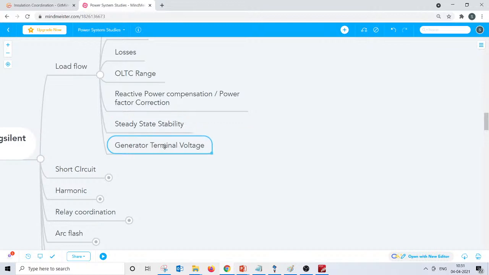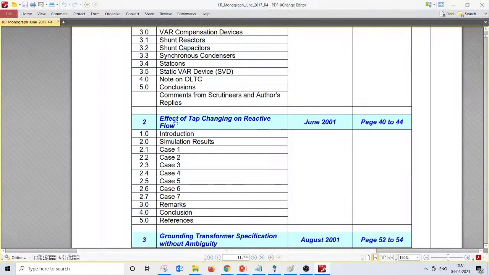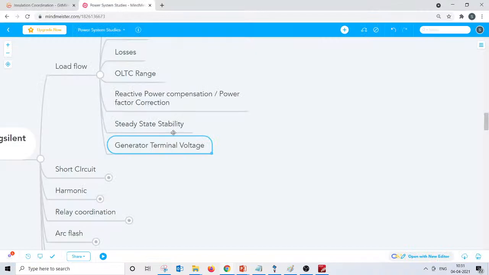Cool. So generator terminal voltage is another important aspect. I guess the same article from the KR monograph helps to understand a bit more on that. Another important aspect of generator terminal voltage is how your generator terminal voltage has to be maintained by your cogeneration plant when it is operating with the grid. If you have a grid and a local consumption, and in addition a generator which is a cogeneration plant, how do you manage or control this generator terminal voltage to achieve multiple objectives, like regulating the voltage at its terminal, at the same time maintaining the power factor at the point of coupling, and minimizing the demand charges at the point of coupling?